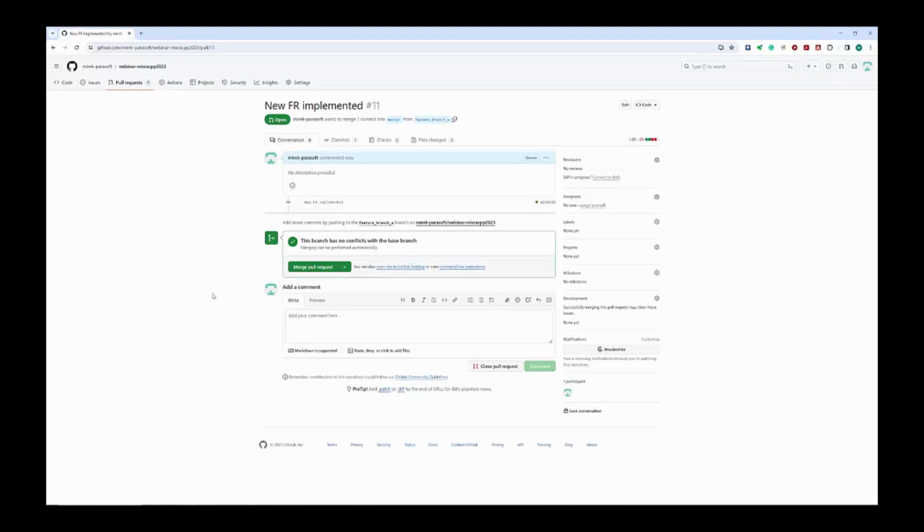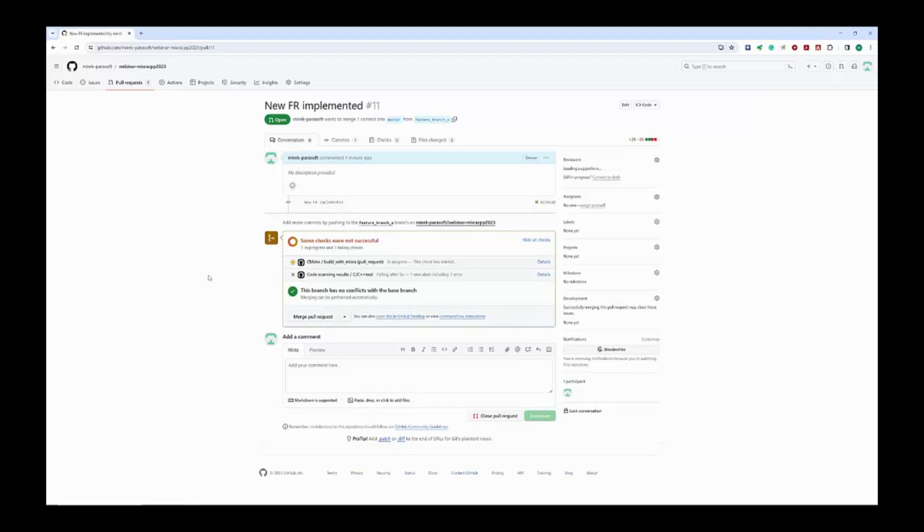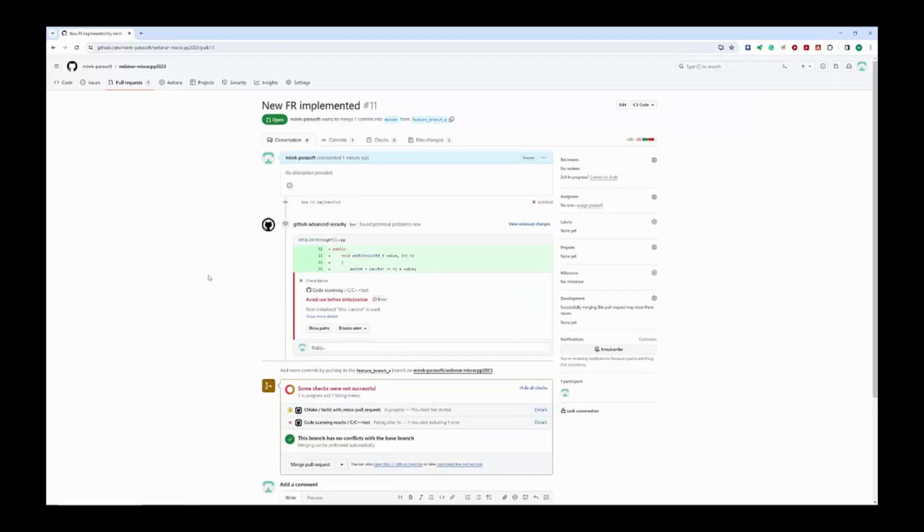Our pull request triggered the pipeline with the MISRA C++ quality gate. In our local scans, only the most important rules are included to assure minimal delays. In pull requests, we are enforcing compliance with the complete selection. Let's give it a second to finish, and our pipeline is done. We can clearly see that we are not yet ready to merge our code because a new problem was found. Let's click Show More Details.